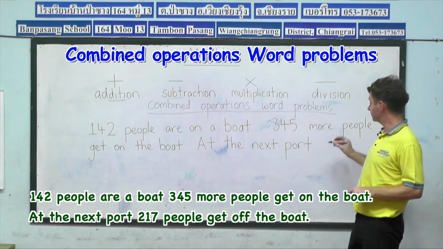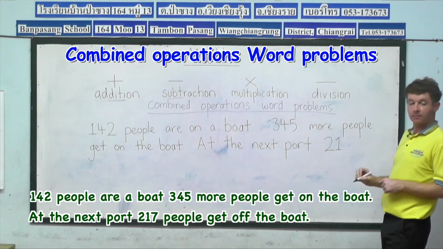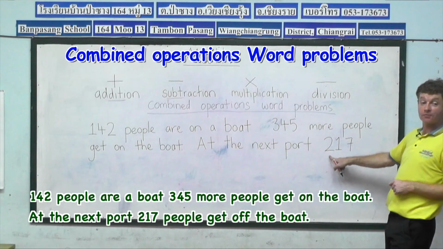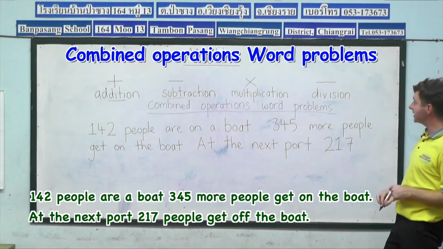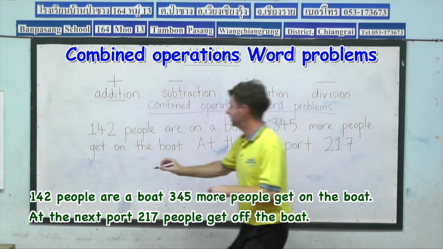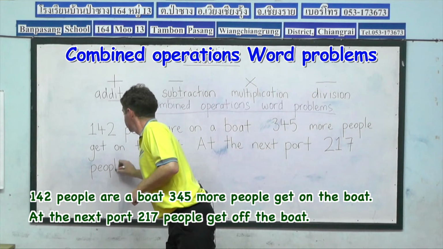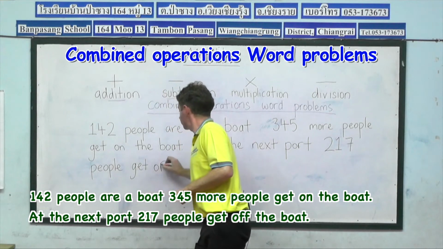Okay, we can start with 2, 1, 7, which leaves us 217. At the next port, 217 people get off